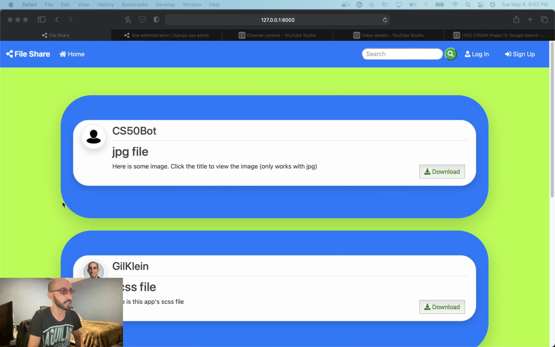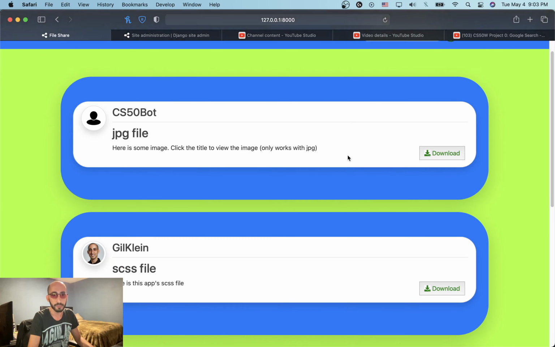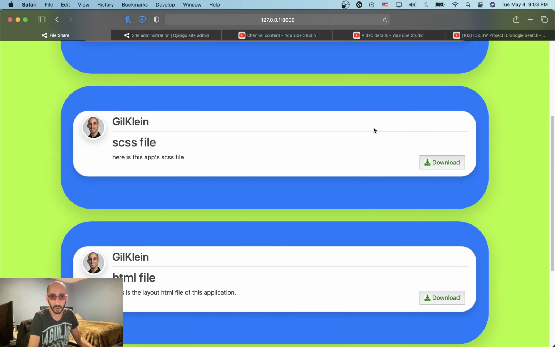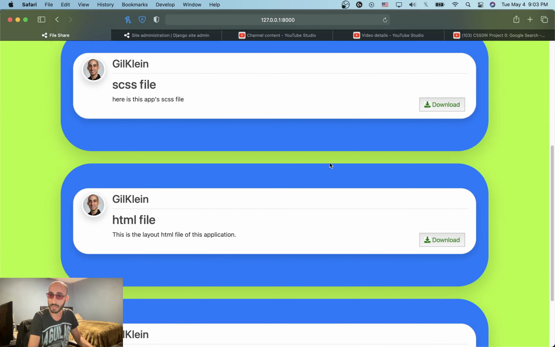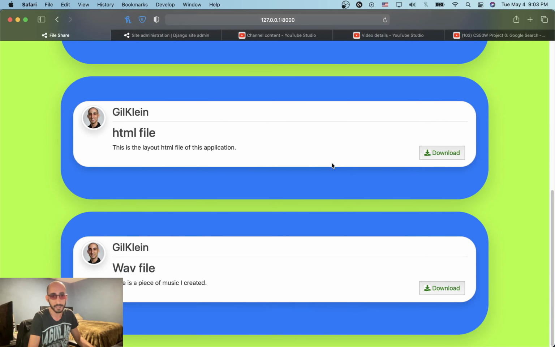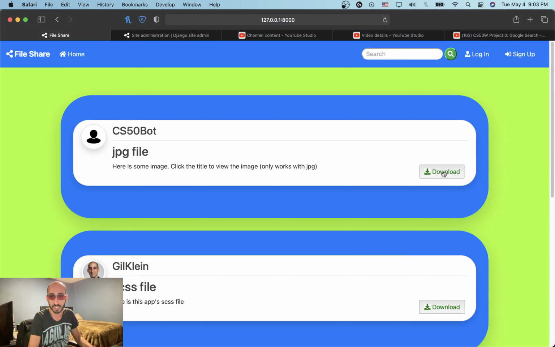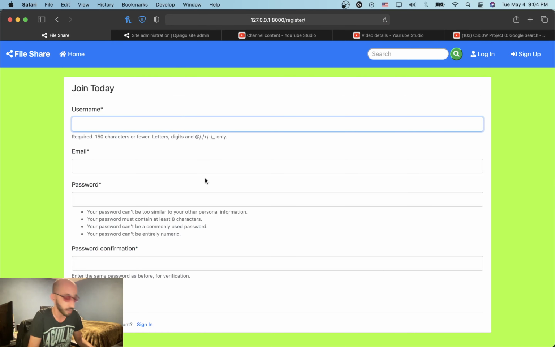I have the project pulled up here. The server's running, and what we see on the home page is that we are not logged in. We would have to sign up, but we've got a feed of posts where these are all uploads of different types of files, and they're just listed in order from most to least recent. And we can download each file whether we're a user or not. We can click and see the details, but for the sake of showing more effectively what it is, we'll just